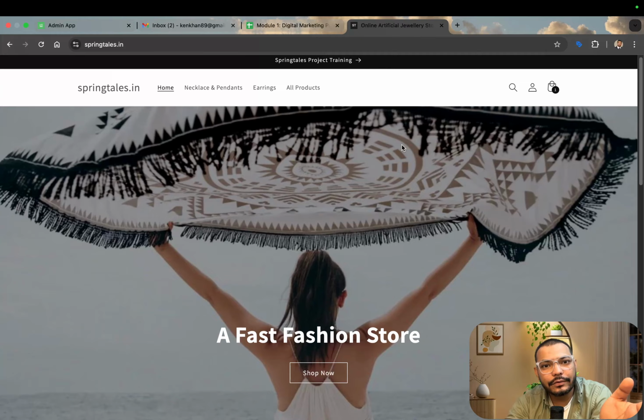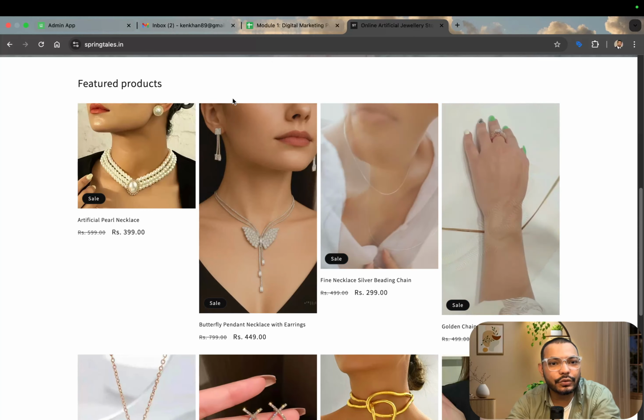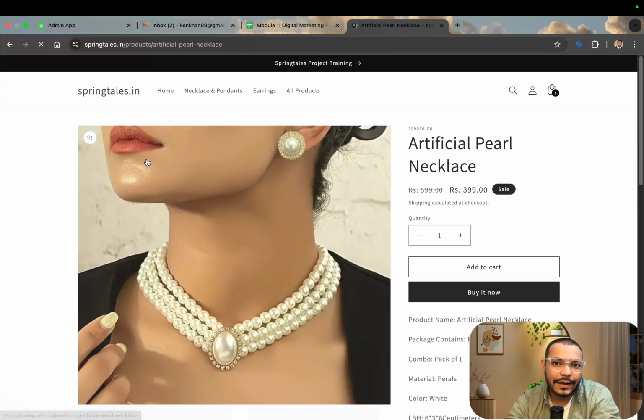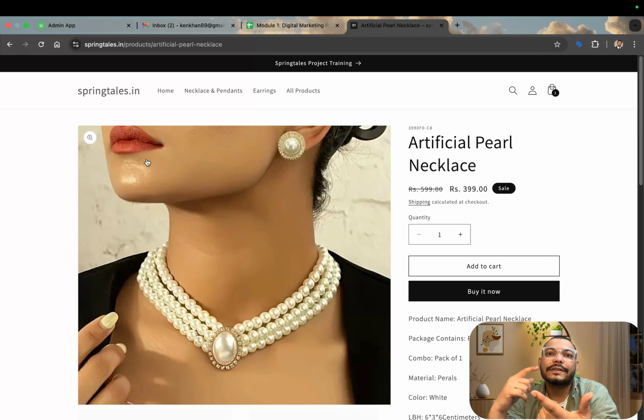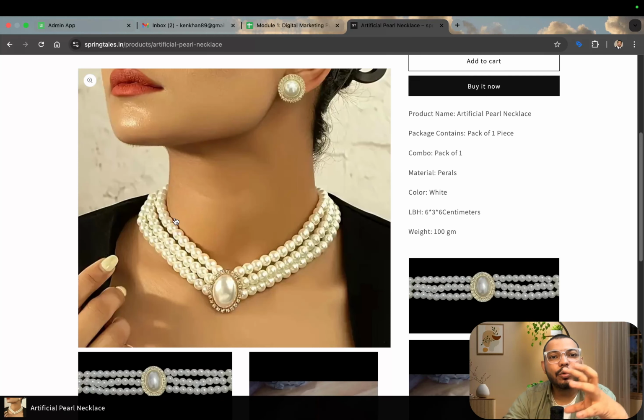So, what if you are asked to plan the audience of any website over the internet? Let's say you have to promote these jewelry based products. You will have to, let's say, launch different campaigns in Google, different campaigns in Meta. You might have to do SEO, social media marketing. But then, how will you promote these products?